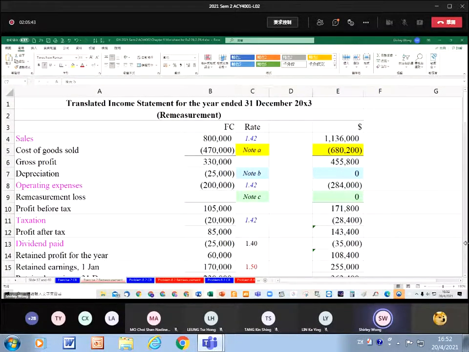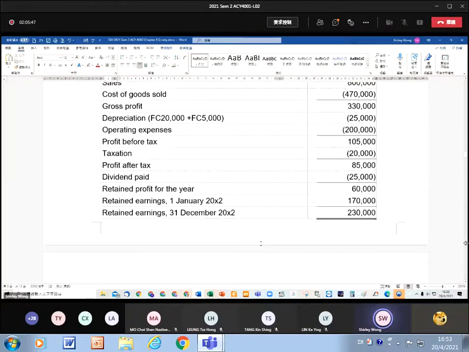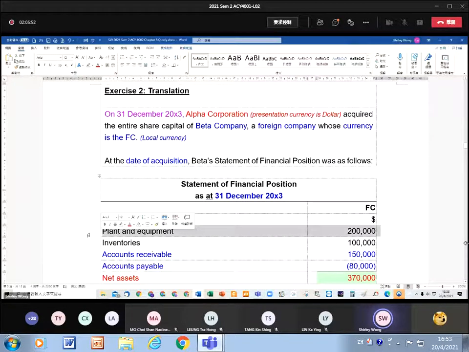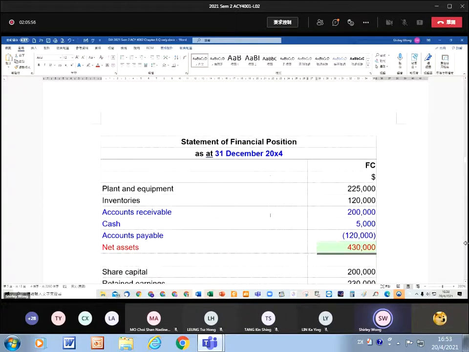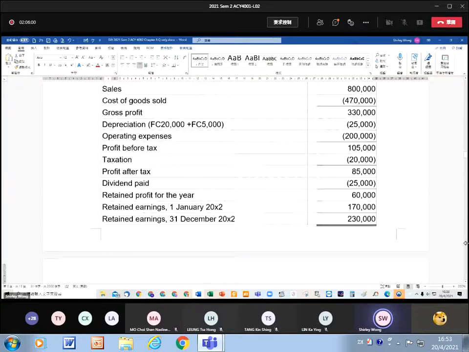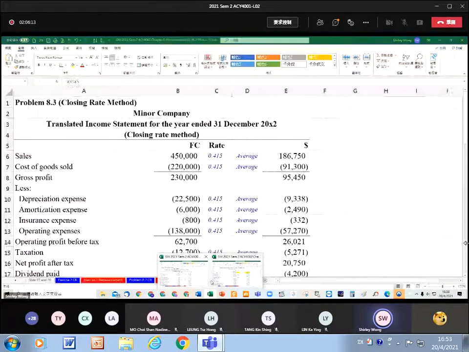So remember, for the case, the depreciation I have already mentioned to you. Originally, at the beginning, the company has 200,000 of the plant and equipment, and during the year, they will have newly acquired equipment that worth 15,000. Therefore, part of the depreciation is from the original equipment. Part of the depreciation is for current years and newly purchased equipment. So we will have 2 items, and then we need to separate these 2 items. If you look at the notes here,